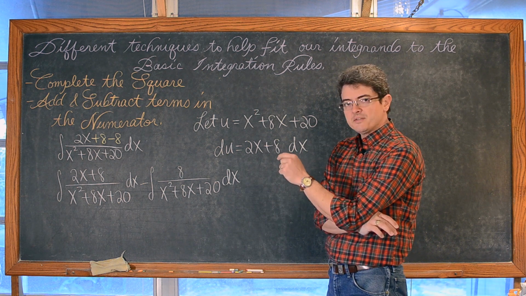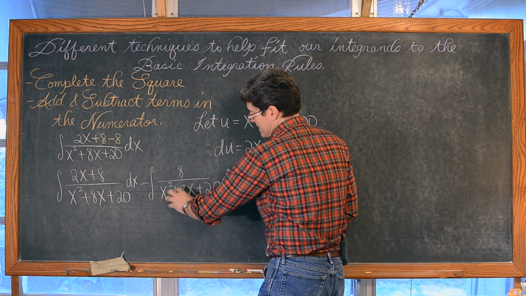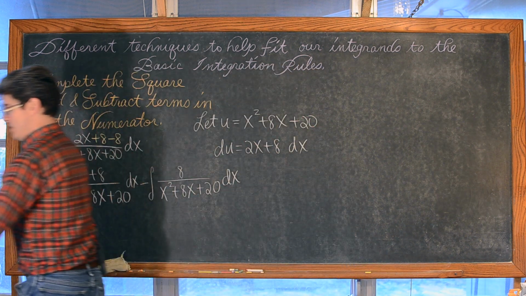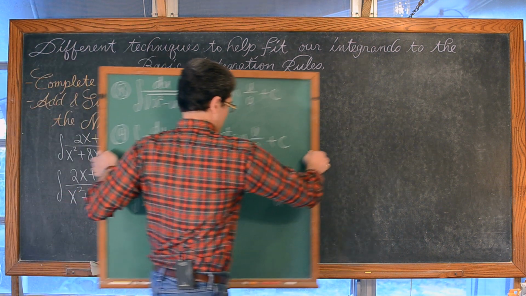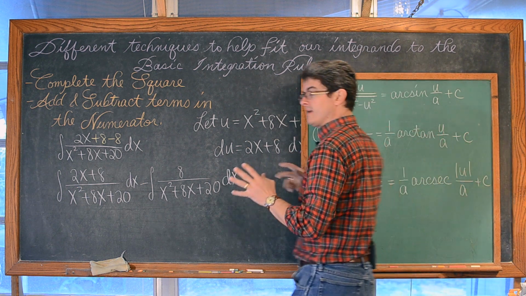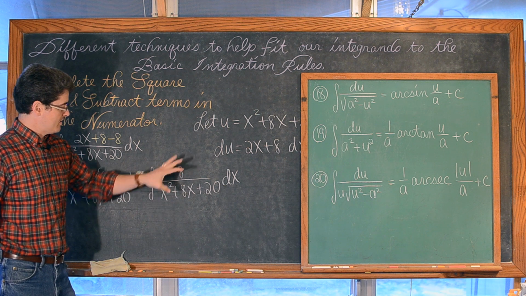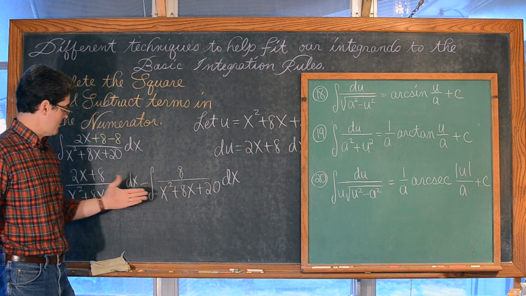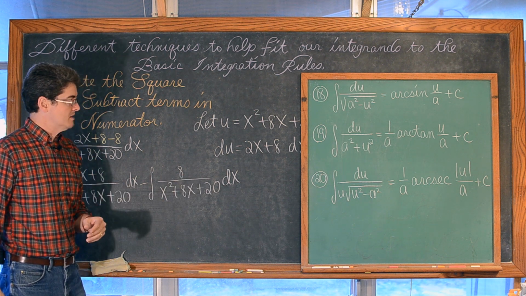A constant, some kind of expression with x's going on, some kind of function, and another constant. Well, I needed my chalkboard space, so I had to erase almost all of my integration rules, but this is looking like it might be... And I know I just changed the light in my video here. The numerator is not just going to be some kind of derivative of the denominator, because we already know the derivative of the denominator is 2x plus 8.